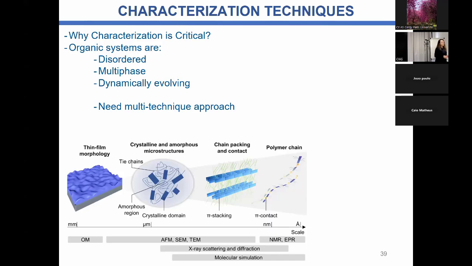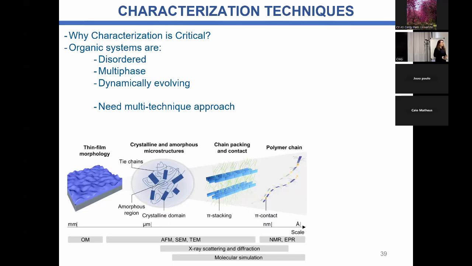If you are seeing something with the optical microscope, so it's not nice for your application, you must optimize it until you see everything covered, well covered, well uniform. If you see with optical microscopy, you are dealing with things around the micrometer. If you have a well uniform film on the optical microscope, you must switch to another